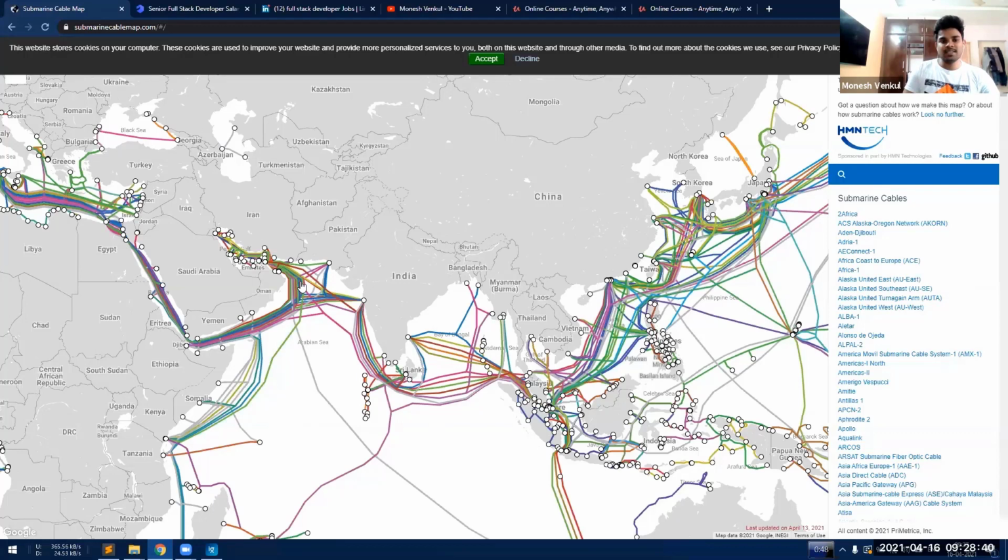So you can deploy your web applications in Turkey also, and it will still work in China. You can deploy your project in North Korea, and it will still work in Bulgaria. Anywhere in the world you deploy your project, it will still work throughout the world. So this is how it works. The website is submarinecablemap.com. You can visit anytime. It is quite fascinating to see that these cables actually exist.